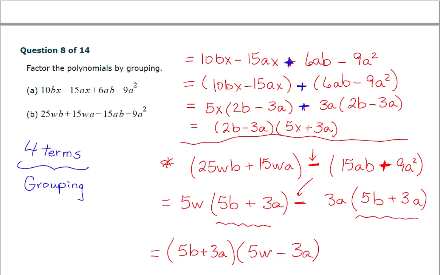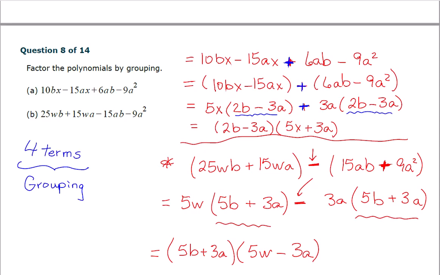Now looking at this piece, well, there is an A in common, no B's, so take the A out. There's also a 3 in common. But if I look at this now, this 2B minus 3A, this big thing right here, is in common. So take it out in the front, and what's left is 5x plus 3a. So just to repeat,